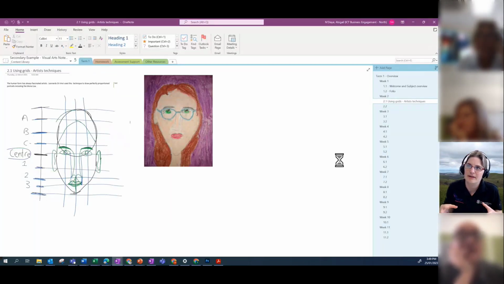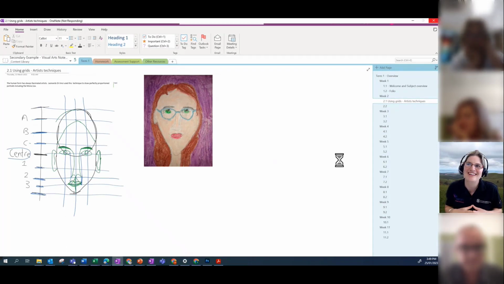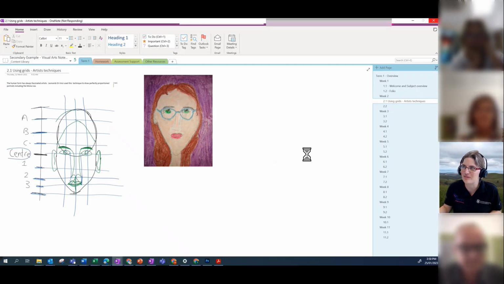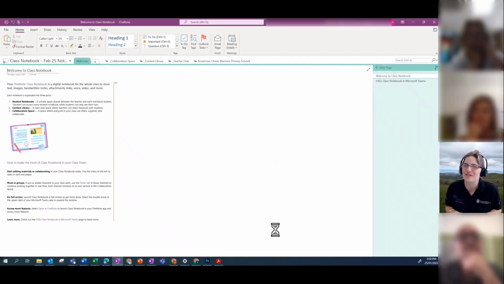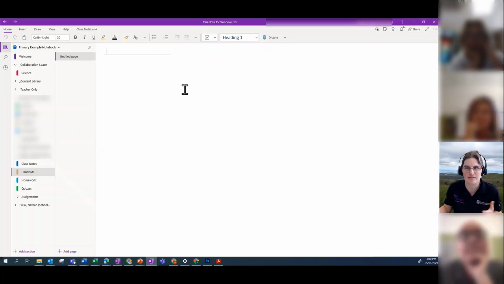That way it will open up in full screen. Now, at the moment, there's 2 versions of OneNote. So depending on what's installed on your computer, and this one's not responding, that's not good. What's installed, there we go, what's installed on your computer, yours might look a bit different. So it might look like this. You can see Cherie's in there as a student,